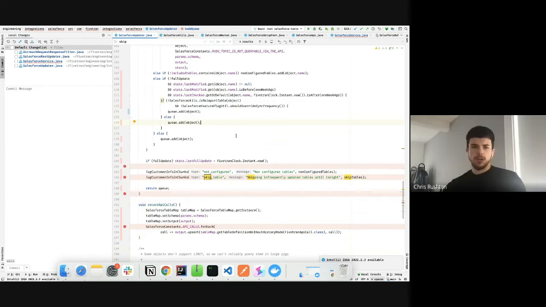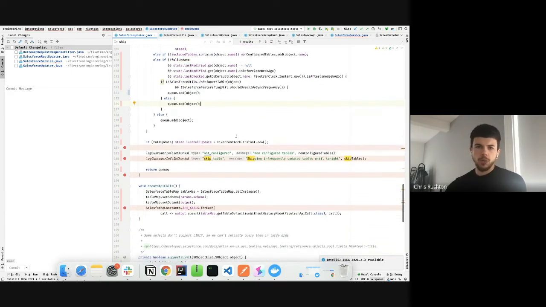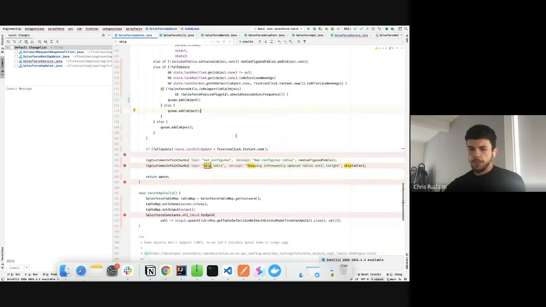That makes sense. And with that condition, do we mark that table, or do we provide that information in the logs? Can we easily see the list of tables that have been marked as not frequently updated, or do we need to look at the state object for that based on the last number of syncs?